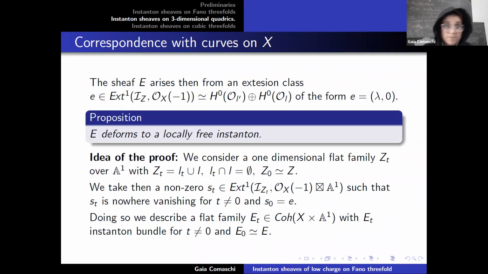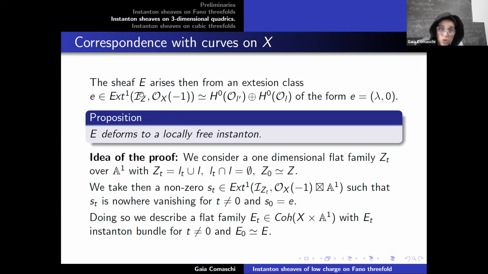So this time, our instanton sheaf will arise from an extension class in this Ext group. But since we have singularity all along the line L, this section will be of the following form. So it will vanish necessarily along the entire L. In order then to determine whether we can deform E to a locally free instanton, we try to understand